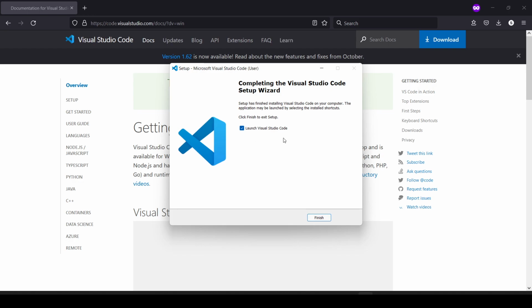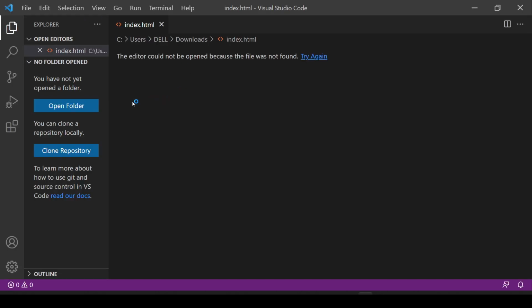Launch Visual Studio Code, and your installation process is completed. This is the welcome page of